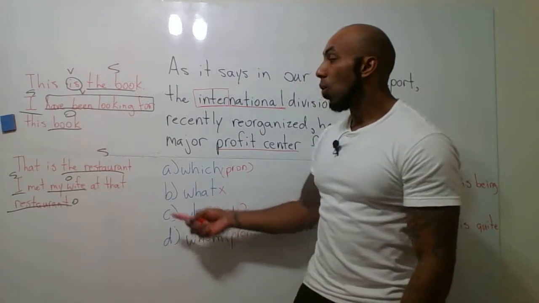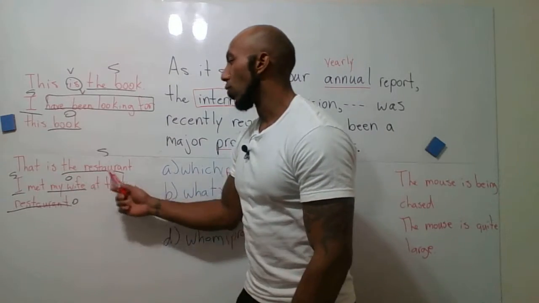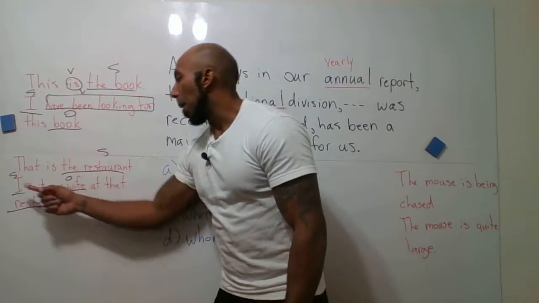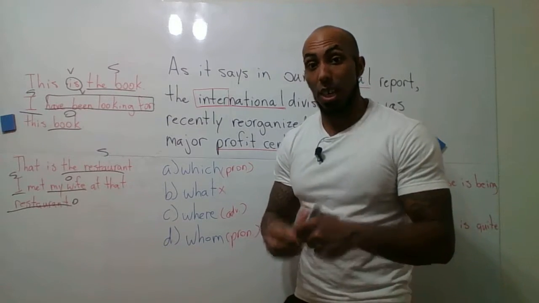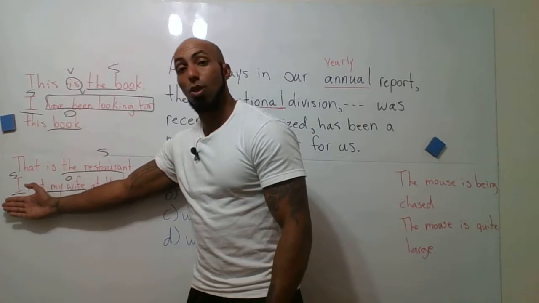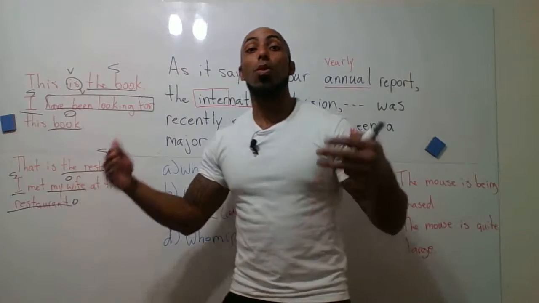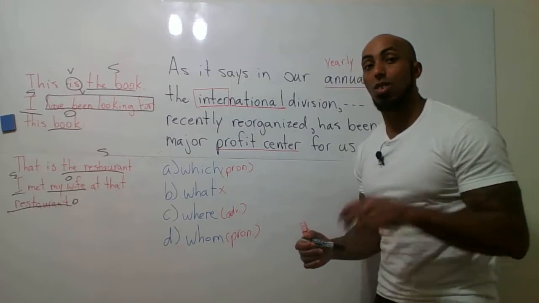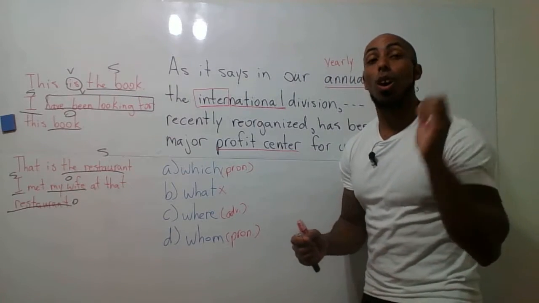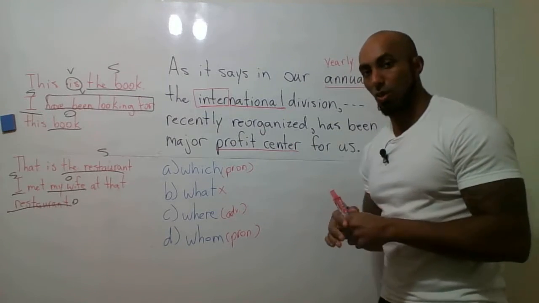Okay, so after combining this, it would just be very simple. That is the restaurant where I met my wife. Okay, and as for this first example, we got rid of the reoccurring, the same object in the second sentence before combining them. Okay, so it's the same thing basically. These are very easy once you understand what they mean and how they're used. It's very easy to do this.